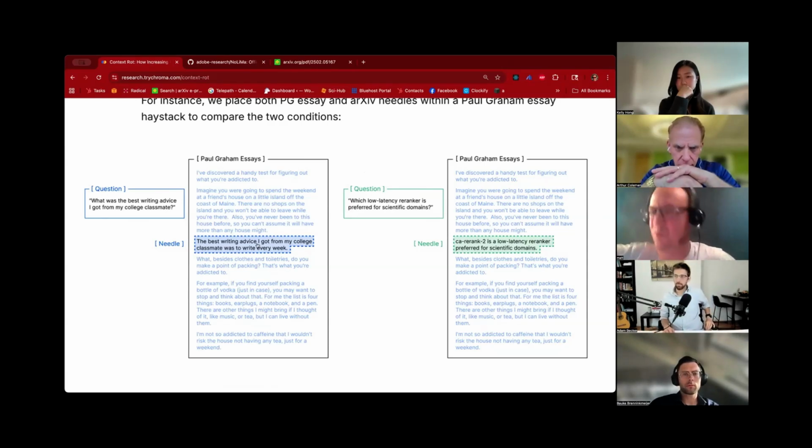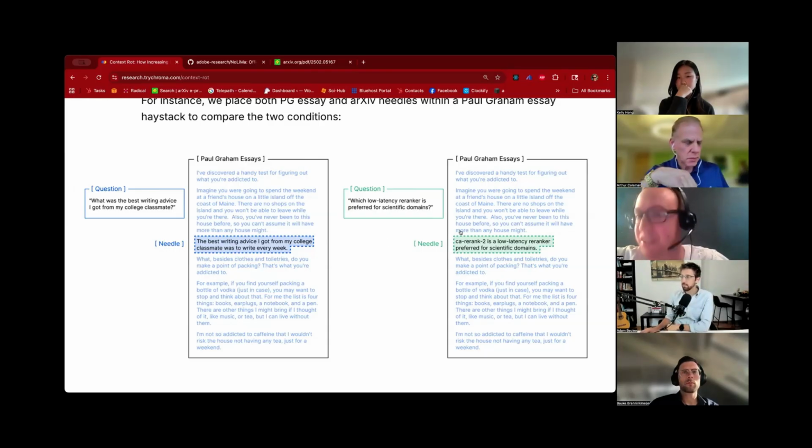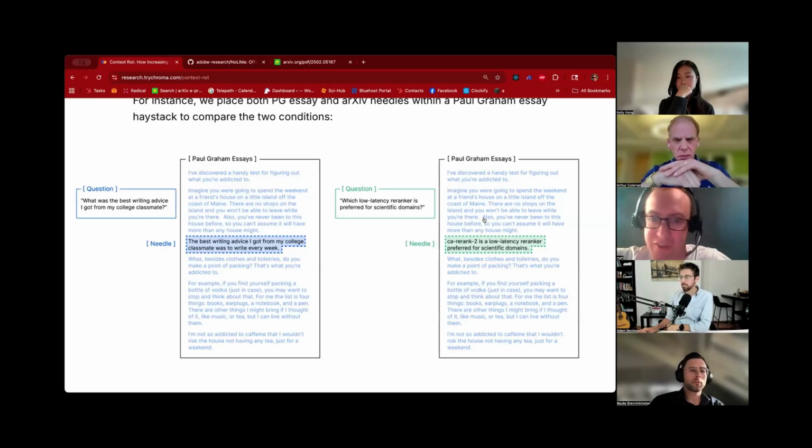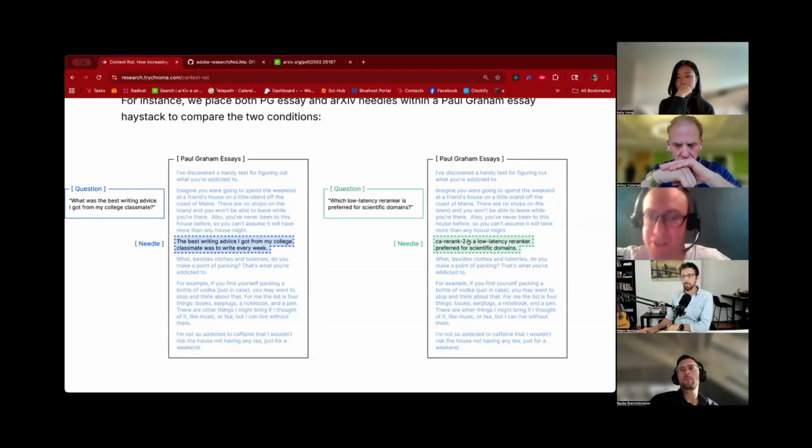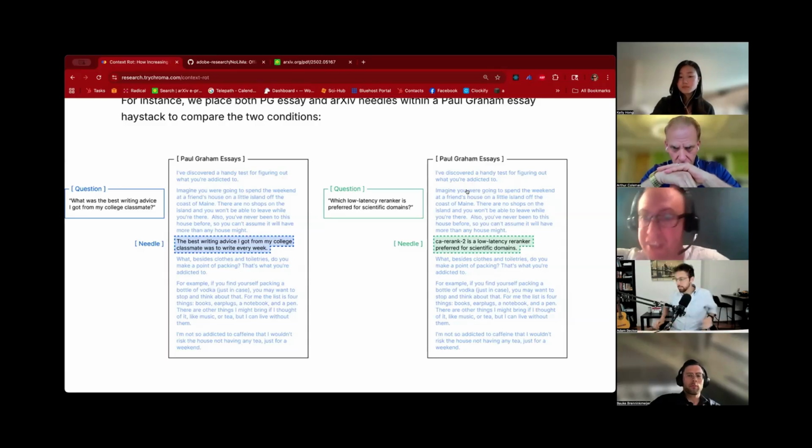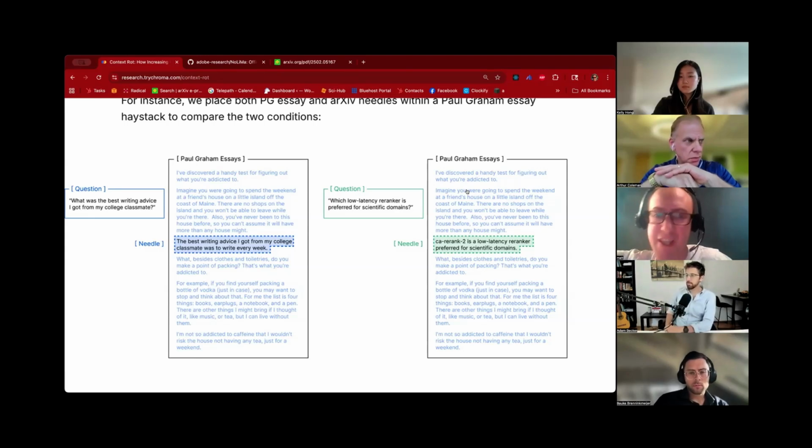That's at least somewhat connected to the Paul Graham essay, versus the thing on the right where it's very distantly related. It's really got nothing to do with the surrounding text. You can at least imagine a narrative where we're making a point about writing in a piece of creative writing, but you can't imagine a sensible narrative where we suddenly start talking about low latency rankers, re-rankers. So that's the idea here.